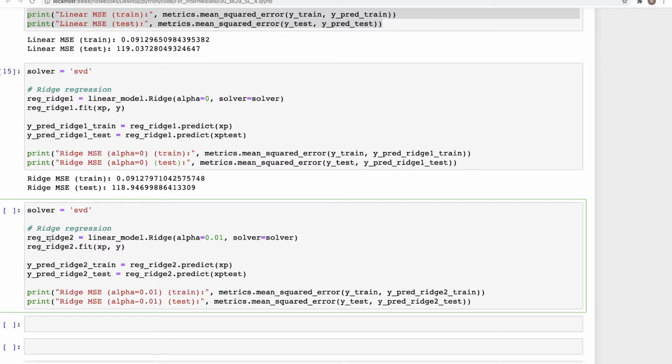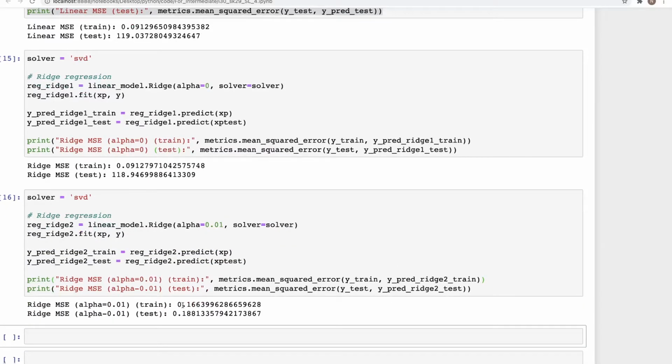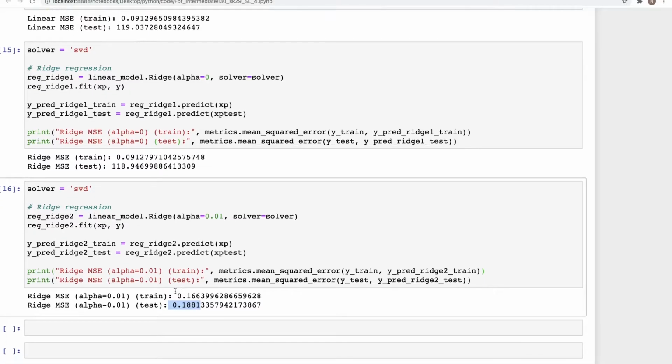So we are initializing ridge2 with an alpha value of 0.01, and then fitting that on the train set, and then predicting using ridge2 on the train data and then on the test data, saving in these two, and that's what we are printing out. And as you can see, we have significantly reduced the MSE for the test set, which is really good. Now moving on, let's use